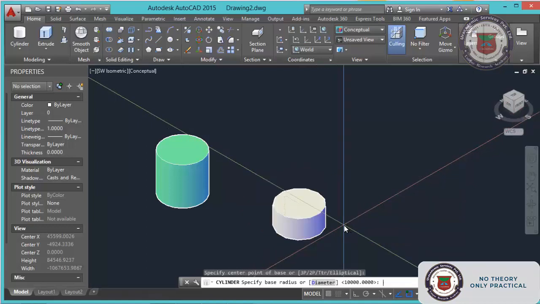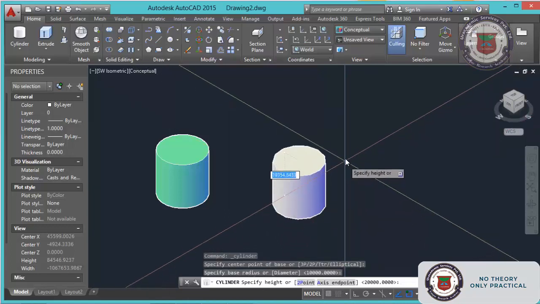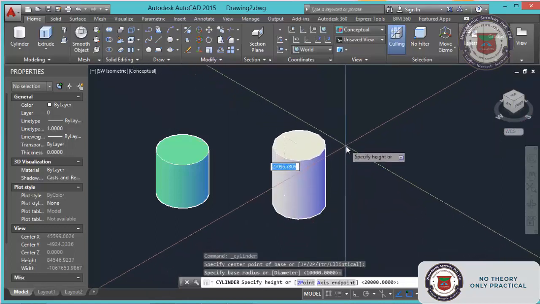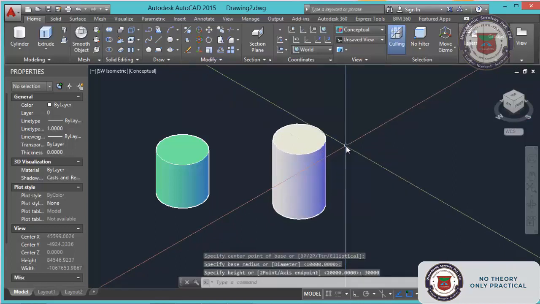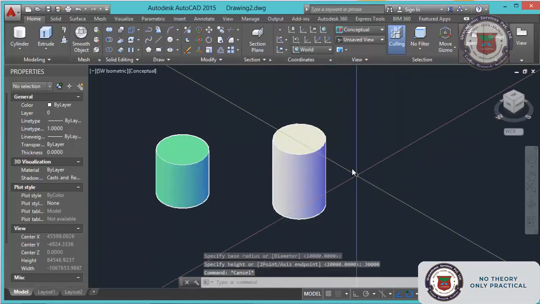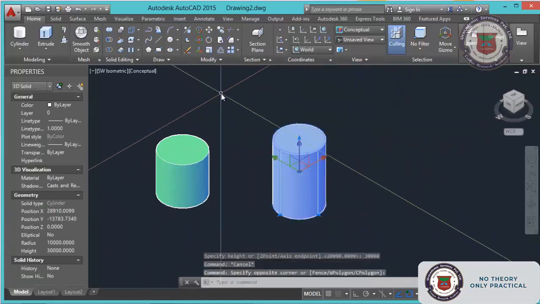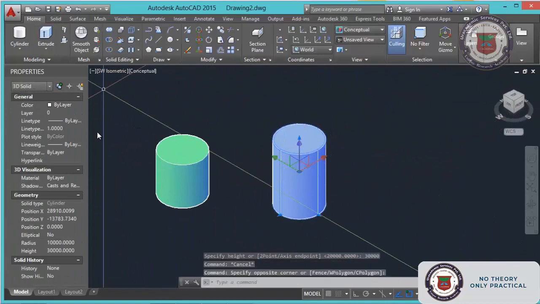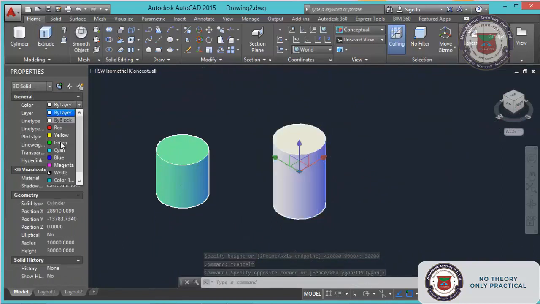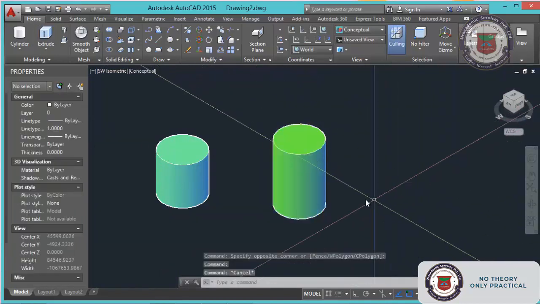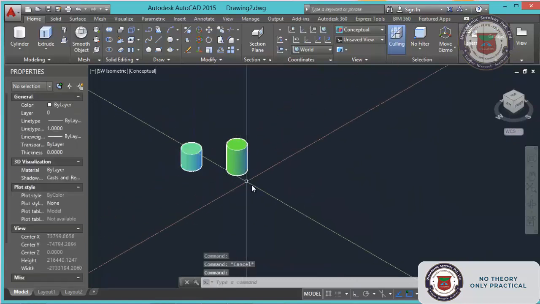You can give the same radius. Again it will ask you the height. Now we will give 30 meter. Now you see the difference between both the cylinders. For this one also you can change the color, green, something like that. Now there are two cylinders we have made.